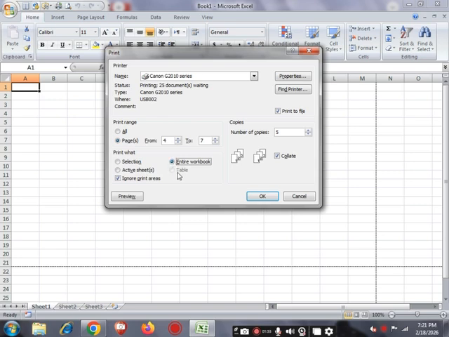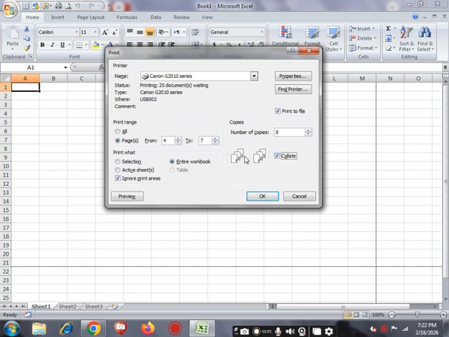Next is the table option. This is showing unhighlighted because our sheet is blank, we have not selected any print area, so it cannot be used. Next is the number of copies, how many copies we need of our document, and this is the collate option that we have already discussed in great detail. It affects the series of the printed copies.